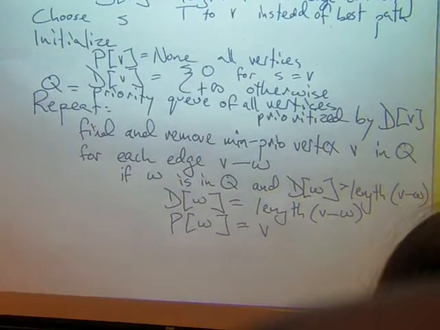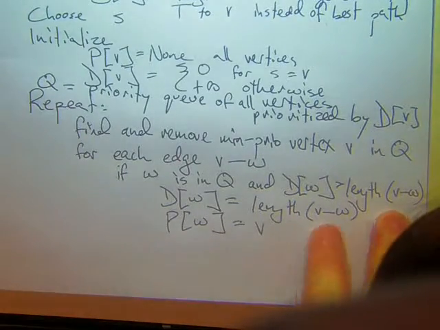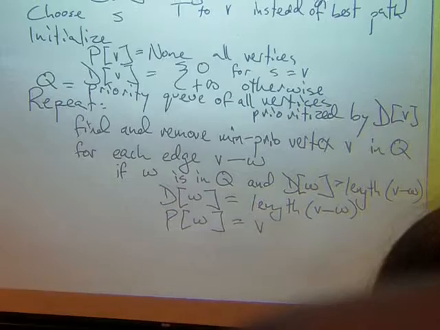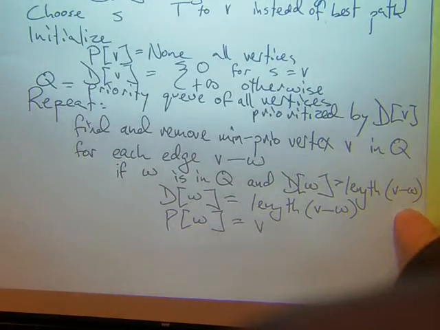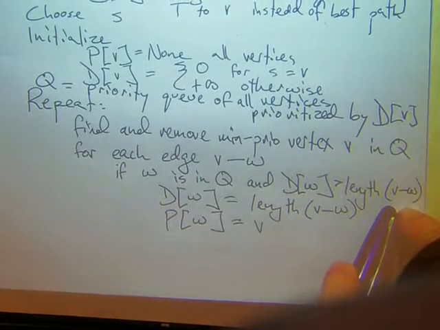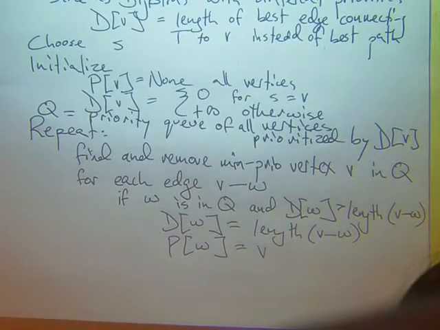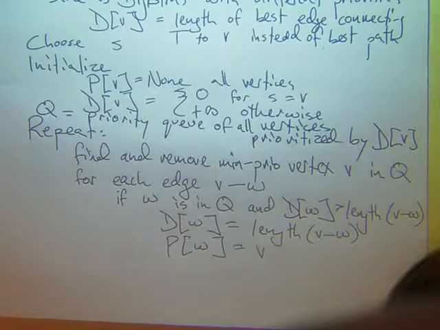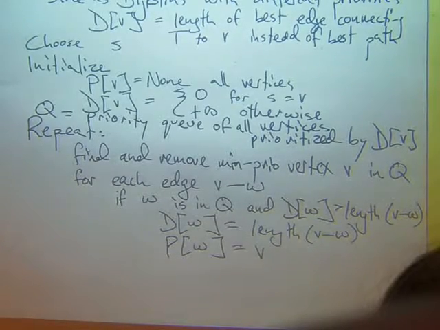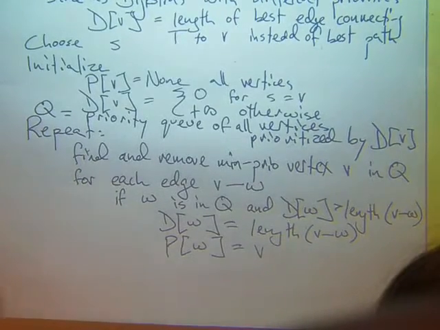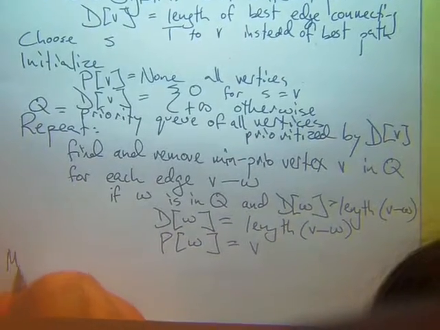So really the only difference here is in these two formulas, the comparison and the new value for these D values. I'm using just the length of the edge and not length plus the distance to V. Very small change, but this keeps these priorities equal to the best edge connecting each new vertex and adding them into the graph. And then when we're done, the minimum spanning tree